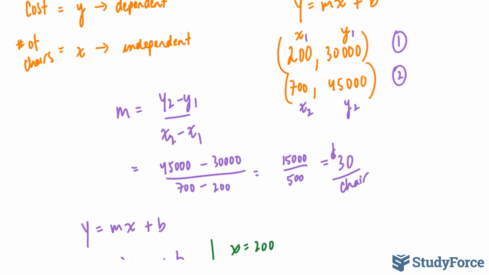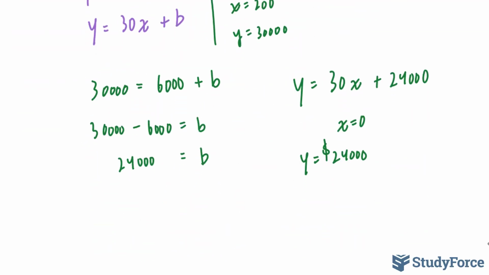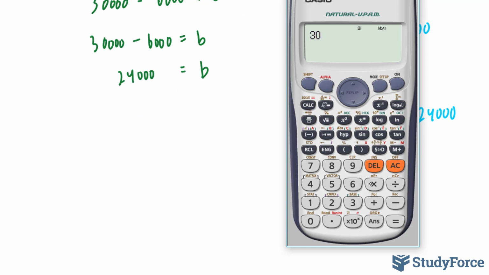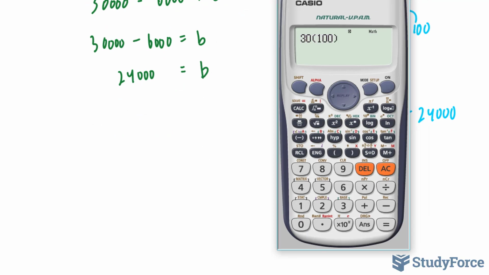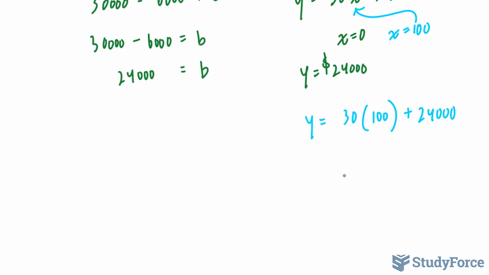Now the question also asks, determine the cost for 100 chairs. For 100 chairs, what we will do is apply x at 100. So essentially we're applying 100 into there. And to produce 100 chairs, the factory will be spending 30 times 100. Notice how I'm placing the value 100 in brackets because it's right beside another number. That means it's going to be multiplied. And we end up with 30 times 100 plus $24,000 gives us